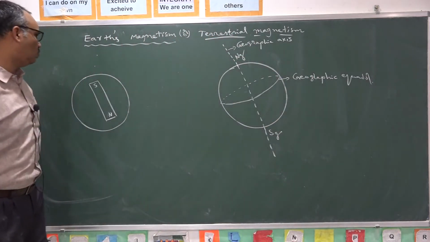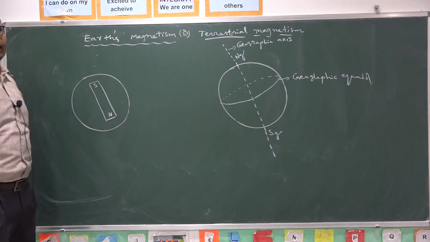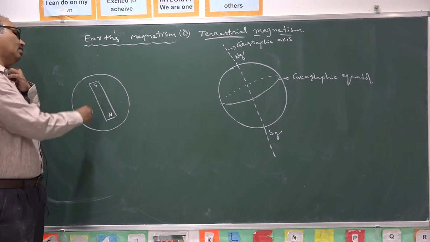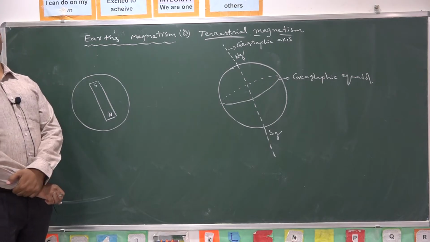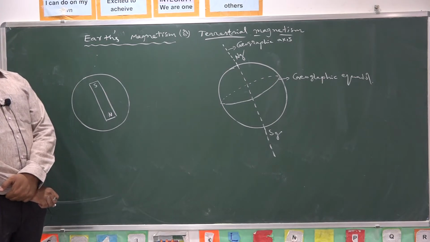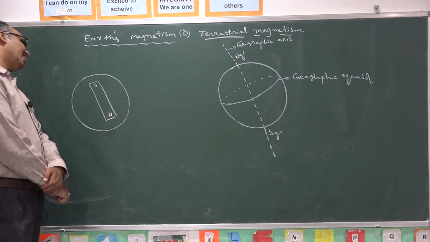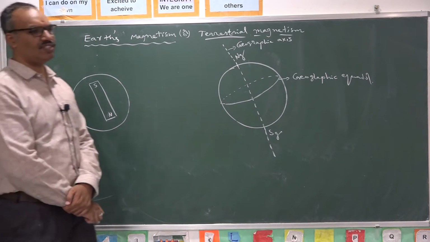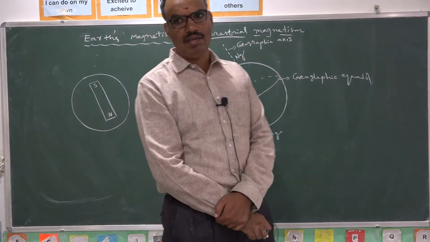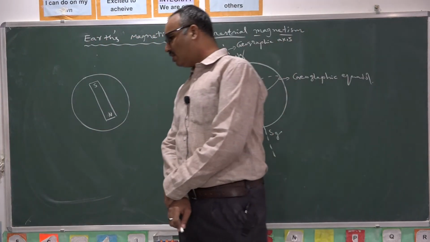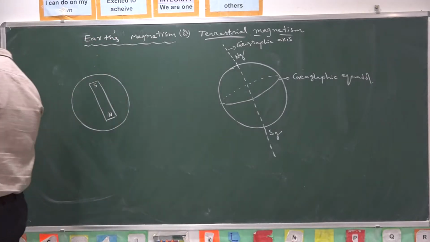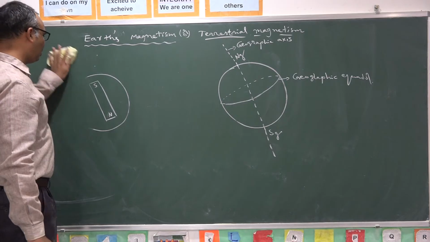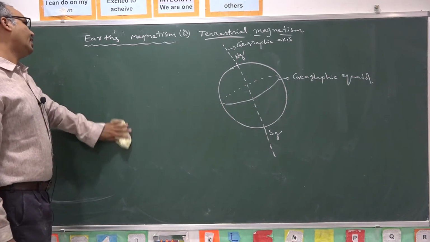If you go to the inner core of Earth, the temperature is very, very high. Hence, all the rocky material is in the molten state. In that molten state, existence of such a magnet is not possible. Hence, this theory is ruled out. So, it is not the exact reason for the generation of magnetic field of the Earth.